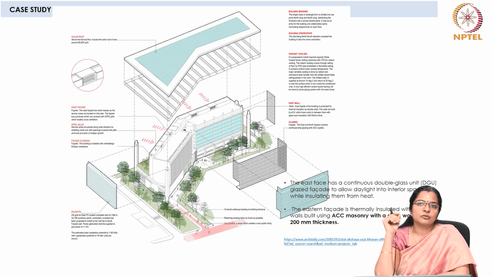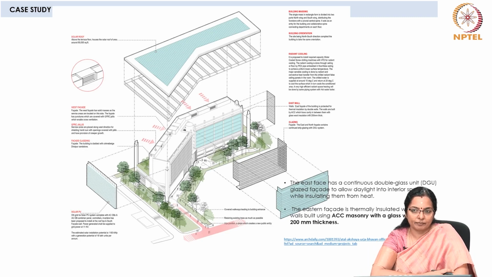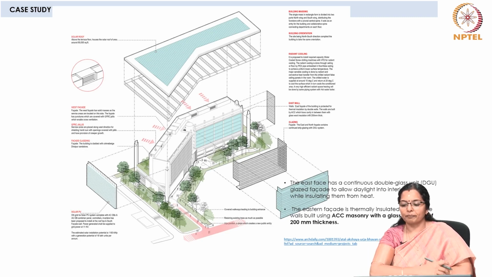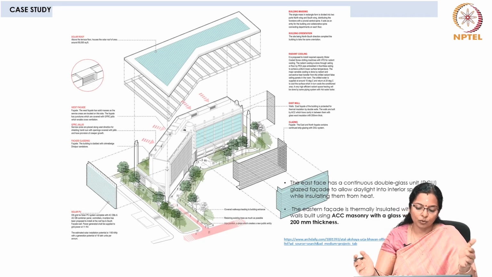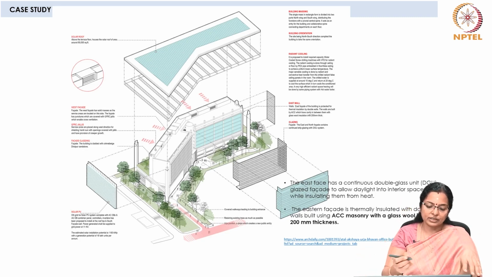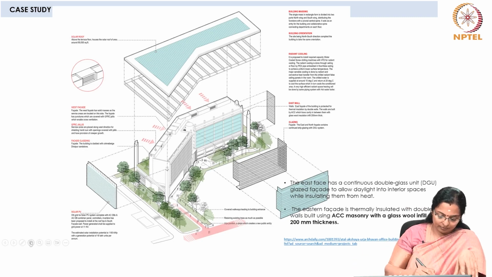It is India's first net positive building and it serves as a pattern for iconic net positive energy buildings. This building uses a lot of techniques, not only cavity walls, but it uses the solar roof,